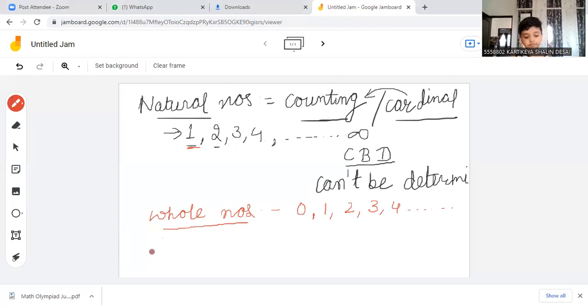Okay, now coming to even numbers. What do we mean by even numbers? Any number in the table of 2 is an even number, or anything ending with 2, 4, 8, 0 and 6. Exactly, very good. So you have told me the divisibility rule of 2. The numbers which come in the table of 2 are known to be even numbers.